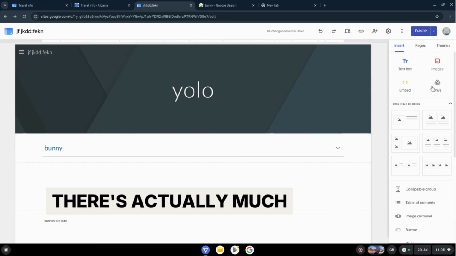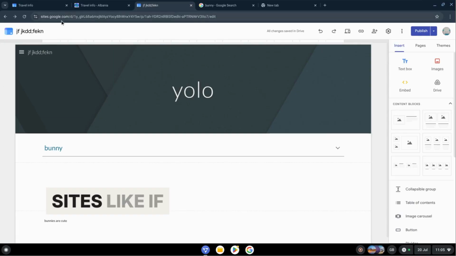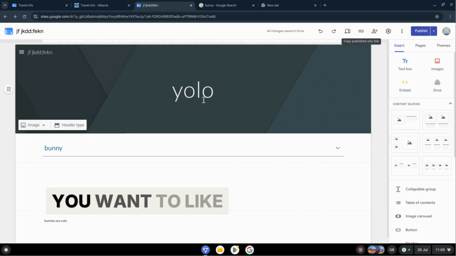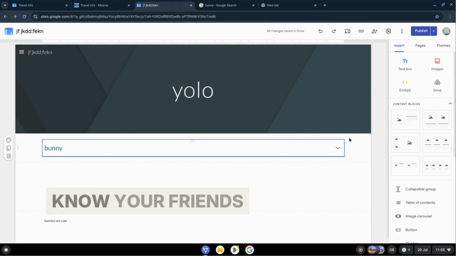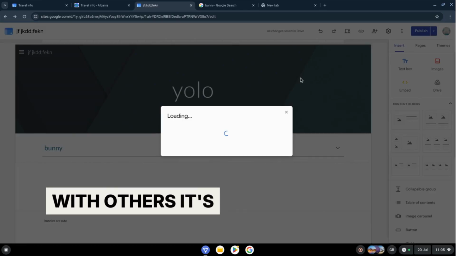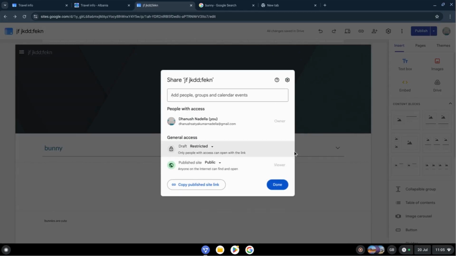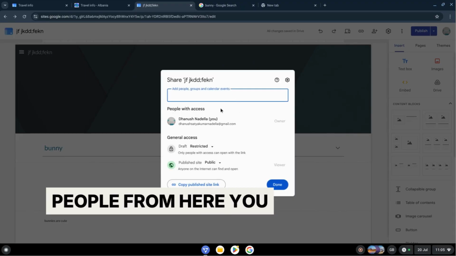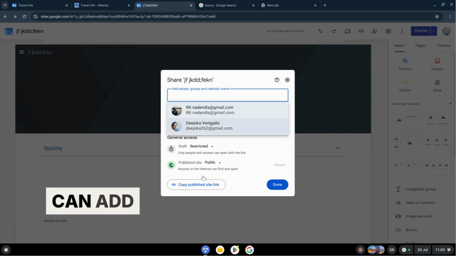And there's actually much more inside Google Sites. Like if you want your friends or your workers to help you create a site, you can press this and you can share with others. It's just simple. You can just add people from here. You can add people